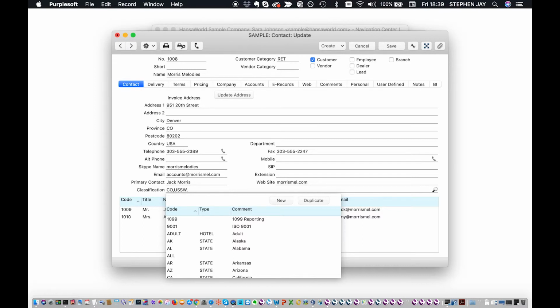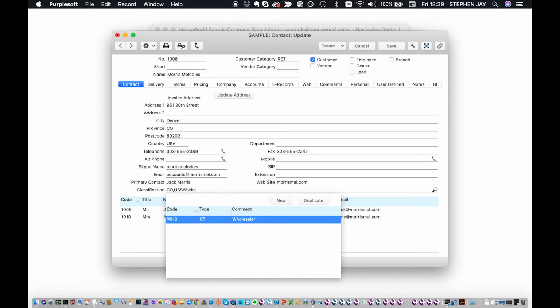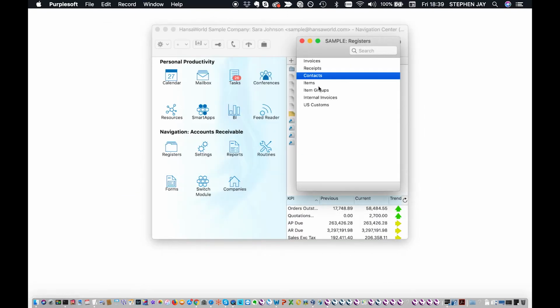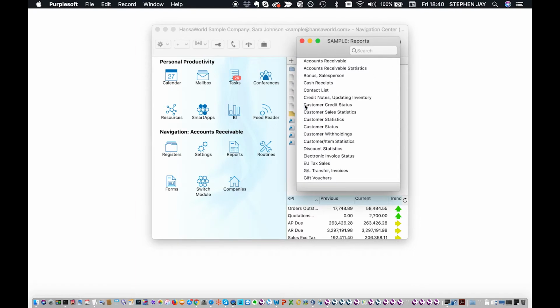This might be one created on the fly, or I might simply add one that exists already. In this case, the fact that this customer is a wholesaler. As soon as you've classified a contact in this way, in real time, that is now available in all the